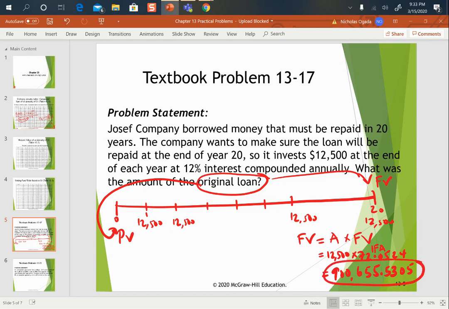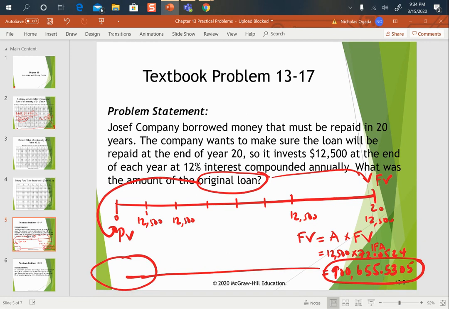So in other words, by the 20th year, you should have 900,655 and 53 cents to pay off this loan. So again, is that the original amount of the loan? Most likely I would say no, because this is how much you need to have. So how much they borrowed will probably be a present value of this amount. So the present value of this amount at time zero, if this is the future value, or what you need to have to pay off the loan, then the present value will be